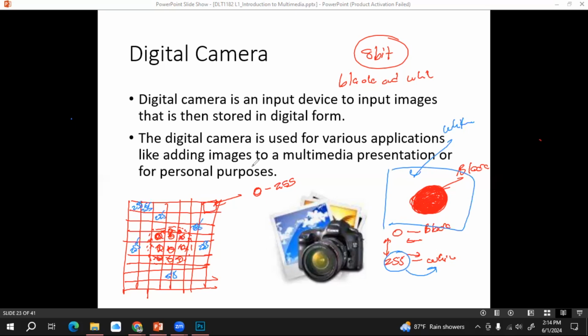Likewise, we can store some images or some scenarios, some objects in digital format by using these types of digital cameras. Then this is a physical object. Using digital cameras, we can convert this physical object into a digital format, digital data type, right? Then we can say a digital camera is an input device in a multimedia system, right?